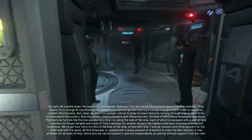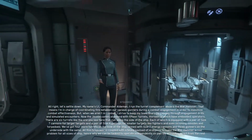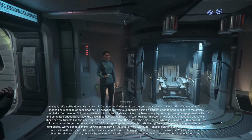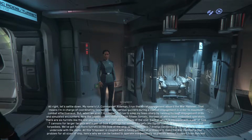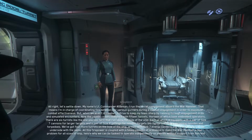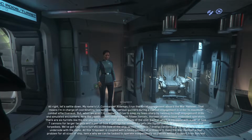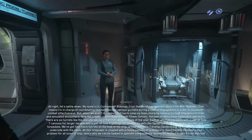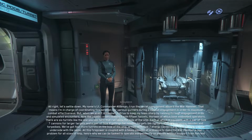All right, let's settle down. My name's Lieutenant Commander Alderman. I run the turret complement aboard the Warhammer. That means I'm in charge of coordinating fire between our various gunners during a combat engagement in order to maximize combat effectiveness. But when we aren't in combat, I strive to keep my team sharp by running through engagement drills